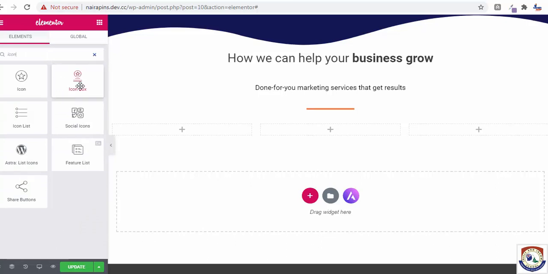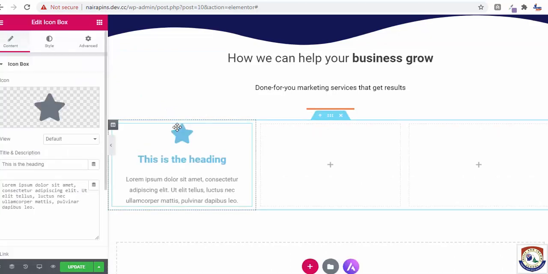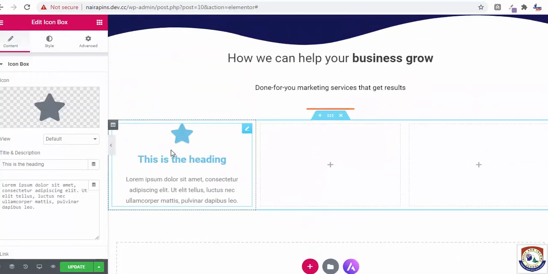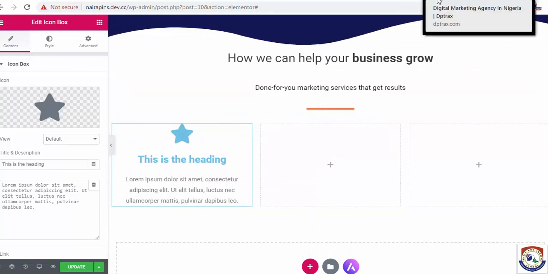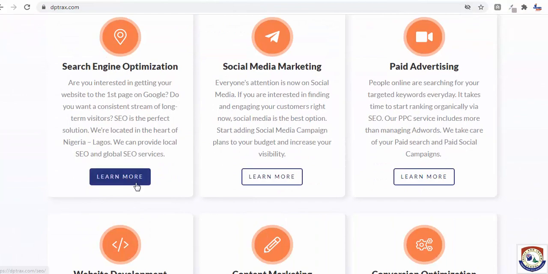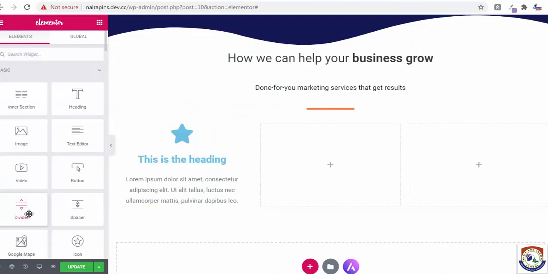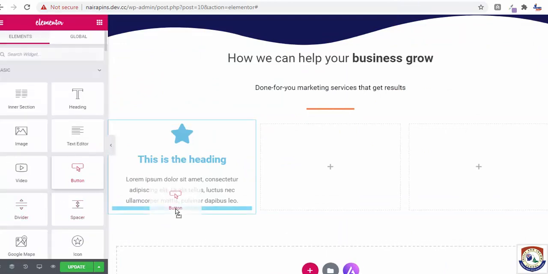This is the icon box, and we're going to add our button here. So we need to add another element here, which is button. I'm going to add it just down here.